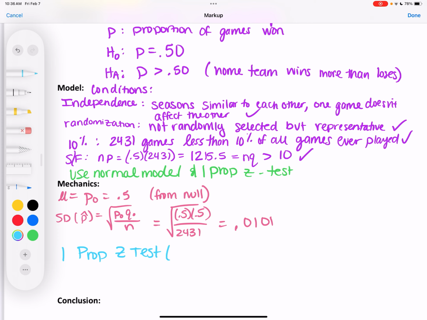So that's under stat test. One prop Z test is option 5, in case you want to write that down. So we've got 0.5. So it's our P sub 0 is the first number. Then I've got X, which in our case was,